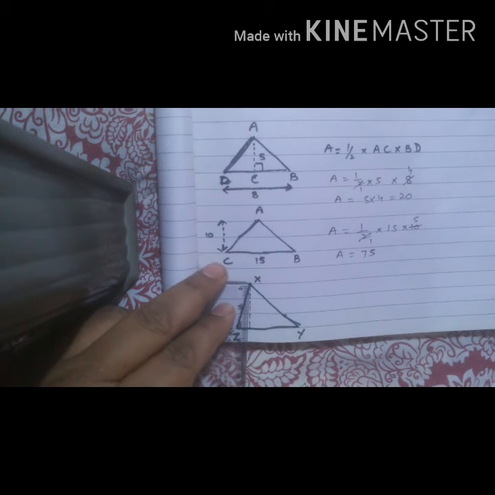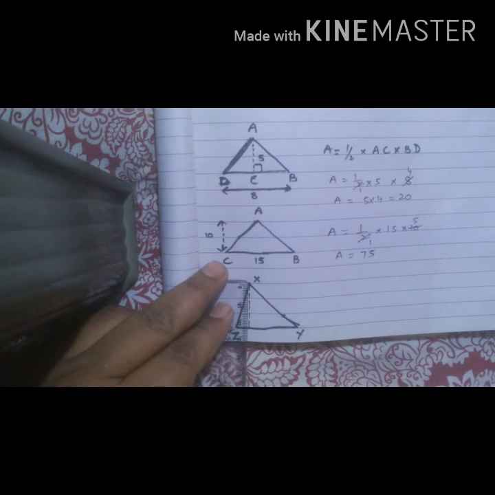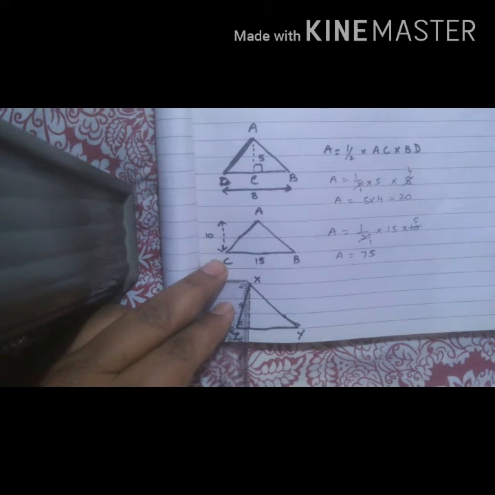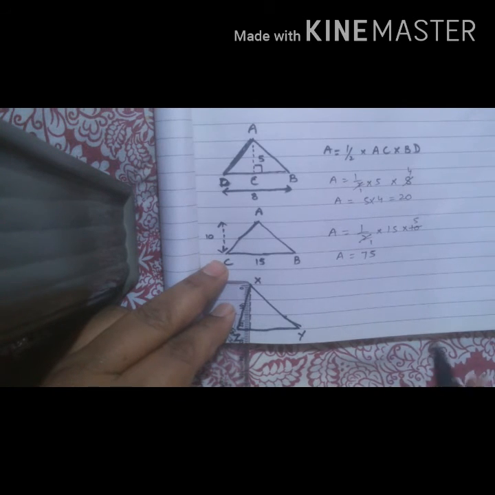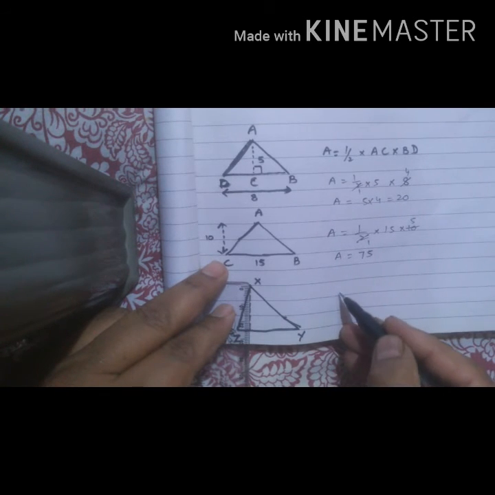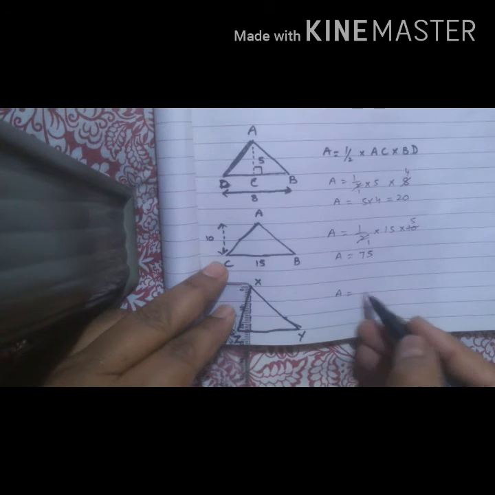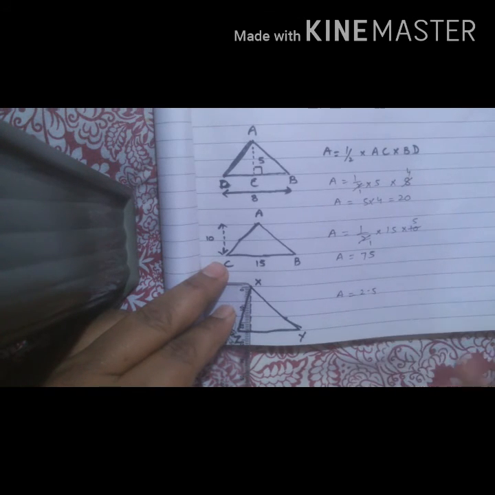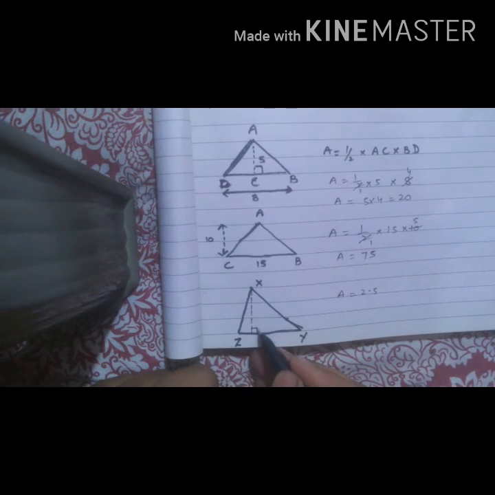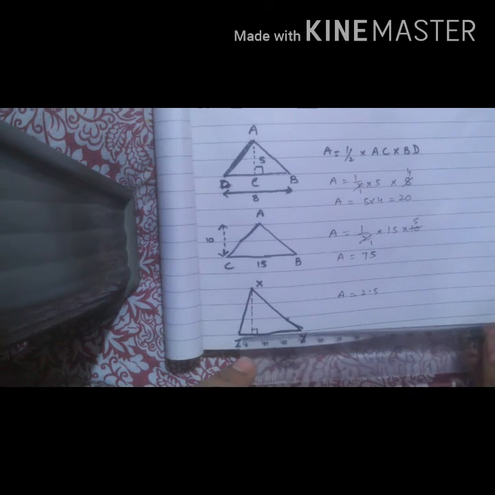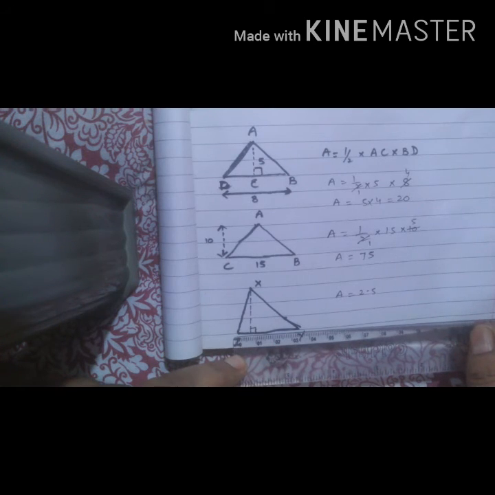And if I notice, this height is around 2.5 centimeters, right? So height of this triangle will be 2.5 centimeters. Okay, and since these two lines are making 90 degrees with each other, the base can be taken as YZ, which is around